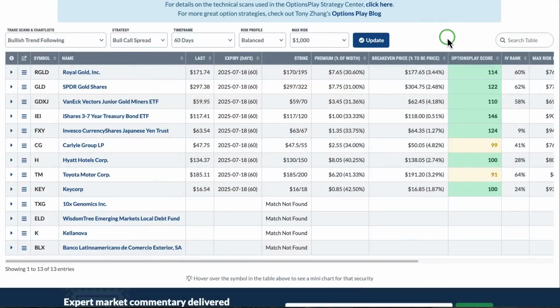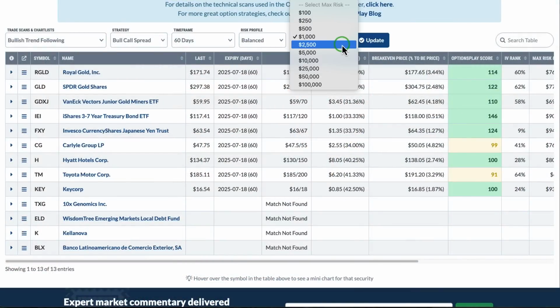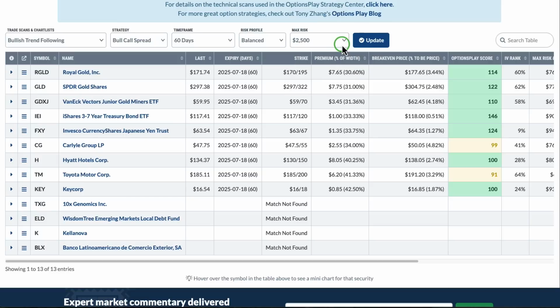I've got time frame, risk profile, and max risk. Yeah. So the max risk is something that is going to be unique to each individual user. We generally recommend that the max risk you use on a strategy should not exceed 2% of your total portfolio value. So let's say you have a $100,000 portfolio, you should keep that max risk somewhere around $2,000 on every trade that you look at. What that's going to prevent are account blowups, so that no single trade should ever account for a sizable loss